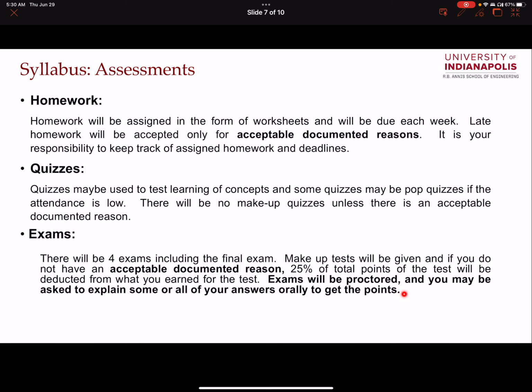And do not book any flights or anything before the final exam date is announced. So the last day of the class is the final exam, which according to my memory is August 18th. So do not book flights or travel on the day of the final exam, because I wouldn't be able to make up the final exam.